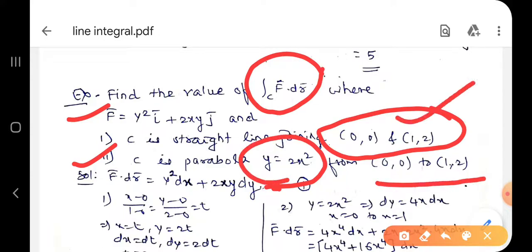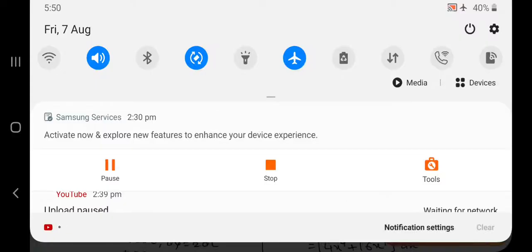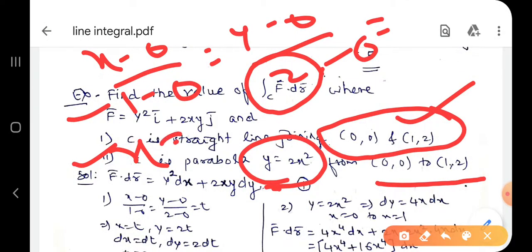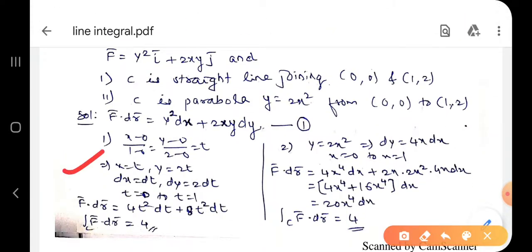So the first problem you can easily solve. Line joining 2 points. What is that? (x minus 0) upon (1 minus 0) equals (y minus 0) upon (2 minus 0). Understood? So here you may take x equal to t, and you will get y equal to 2t, or simply y equal to 2x, no problem. Okay, and t moves from 0 to 1. So here the first answer, we know how we solve it. Understood? So just do the calculation and the answer you may get 4,